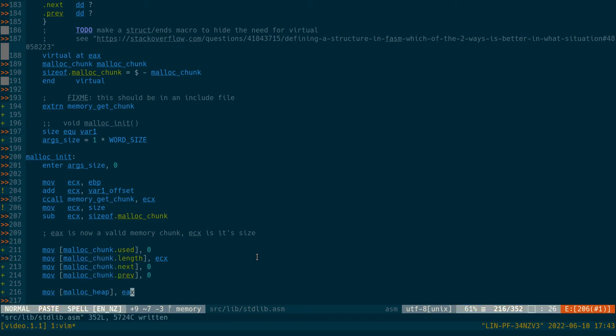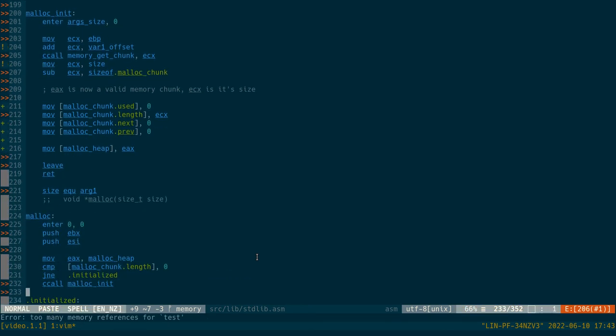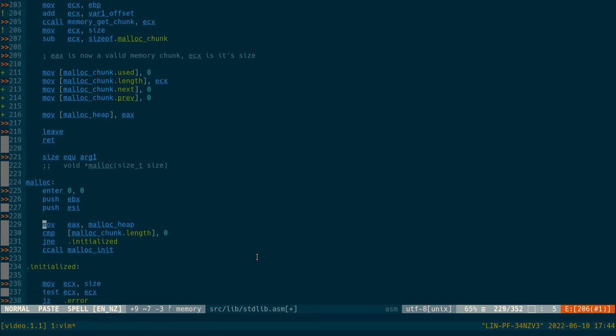So that's going to be the valid chunk, and if we ever need to grow it, in future we can just get a new chunk and then grow like that. But I don't know, at the moment we're just allocating all memory that we possibly have. Right, so here we get the